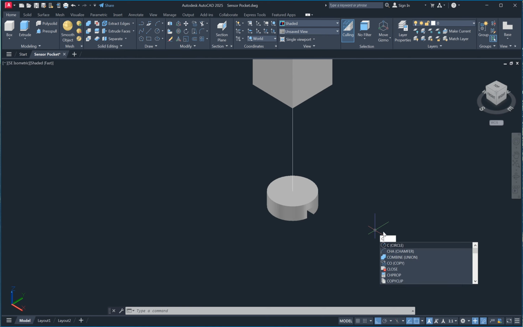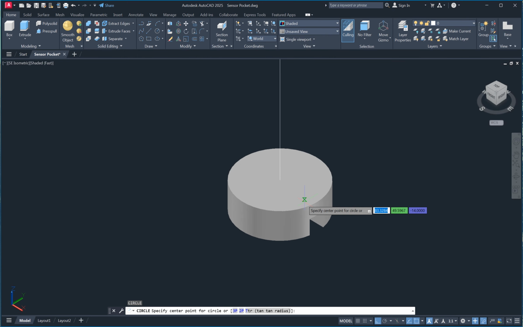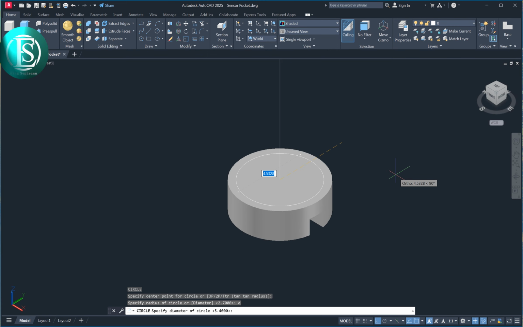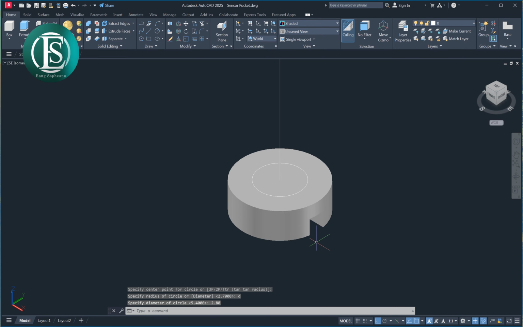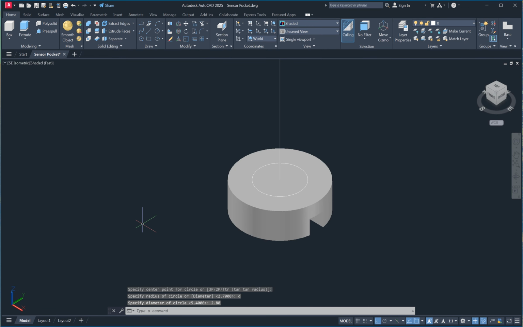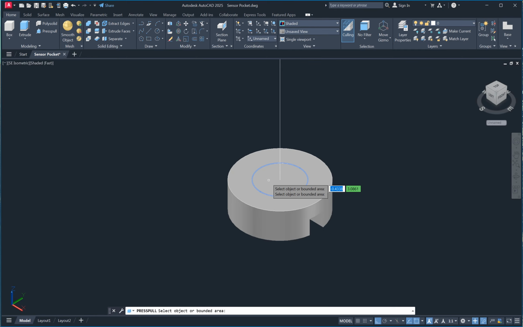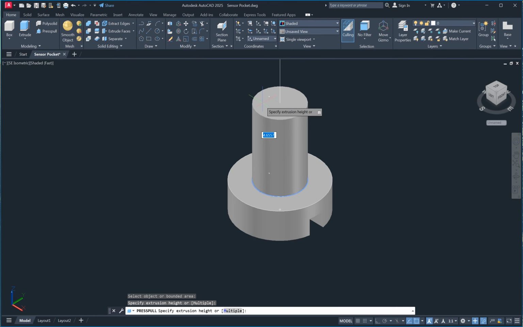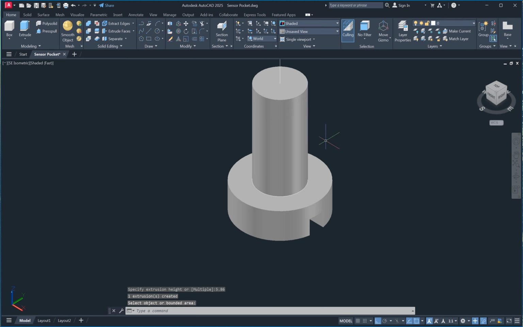So C, enter, specify center point here, enter 2.88, enter, and the height is 5.86. So presspull, 5.86, enter. So we need to erase this circle, enter, and the next, create a thread.